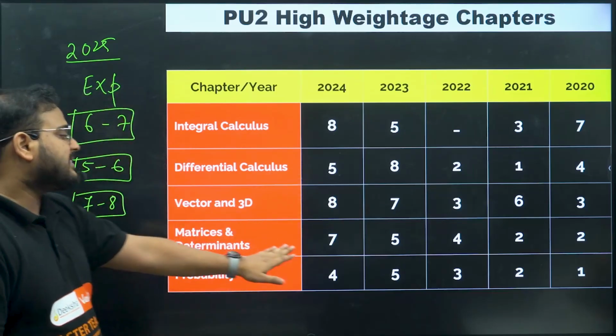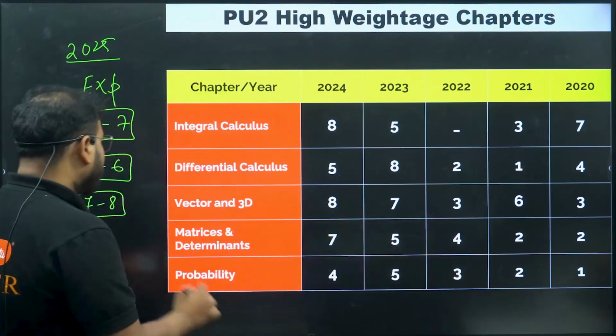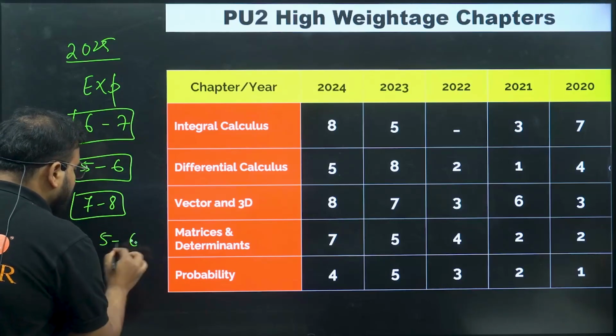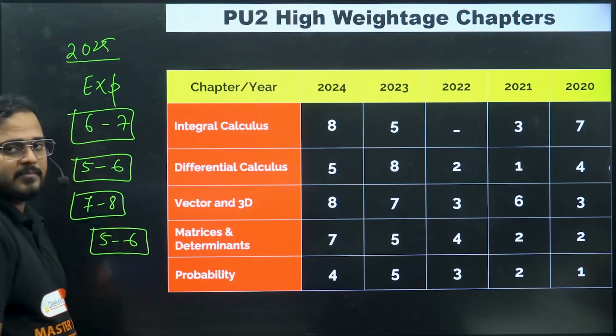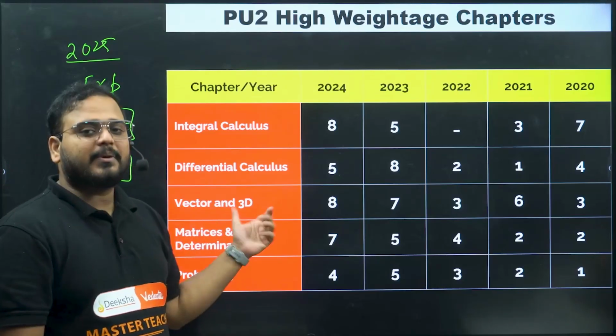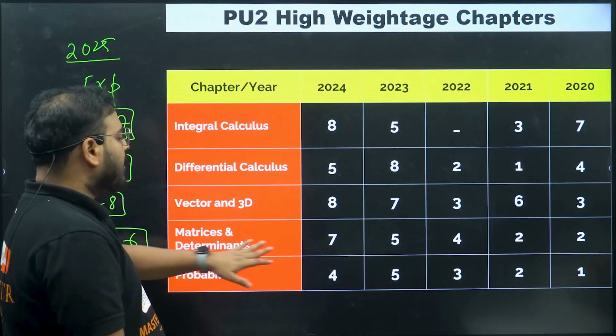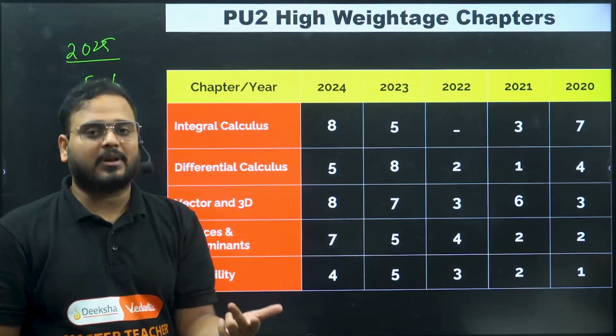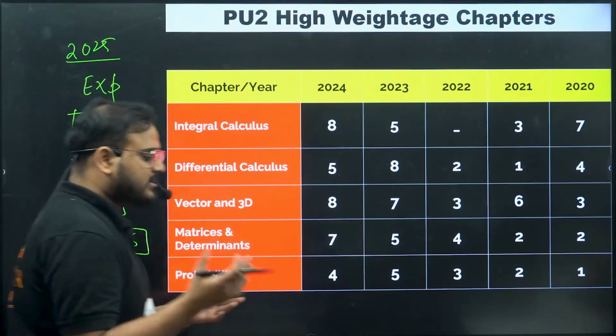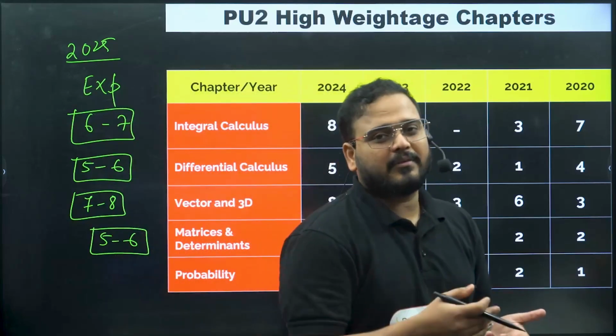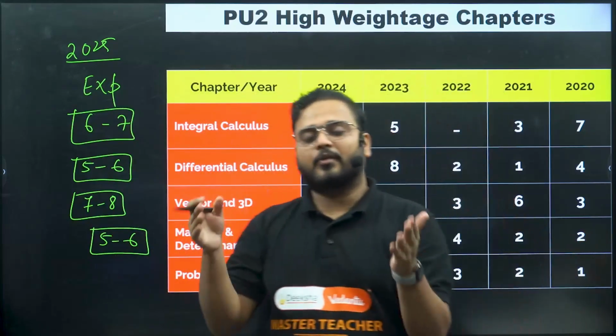Matrix and determinant, again 7, 5, 4, 2, 2. On average, 5 to 6 questions can be expected this year as well in matrices and determinant, okay? There will be some questions which might be lengthy in nature, but most of them, if they're property based, you can do very quickly. But yeah, if you are asked to solve, let's say, for area, or maybe they've given different or weird integrations.